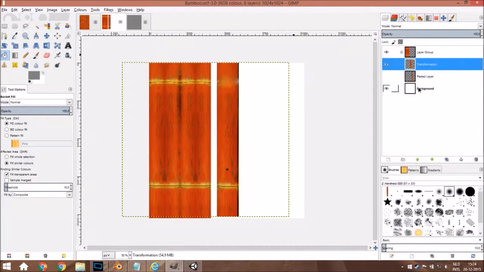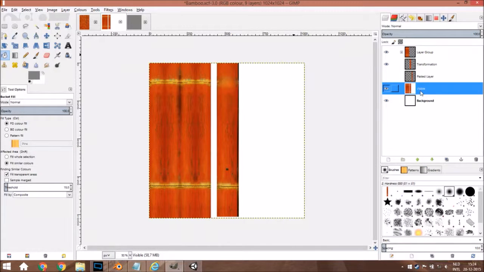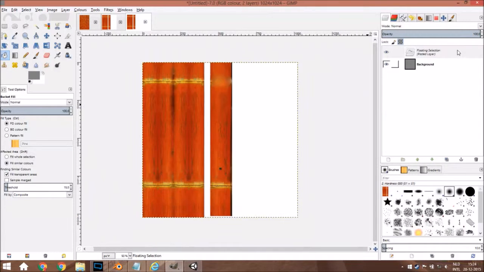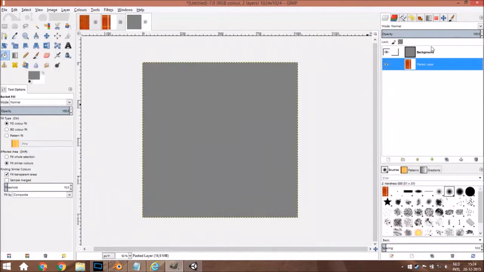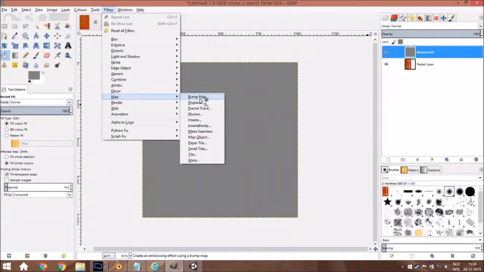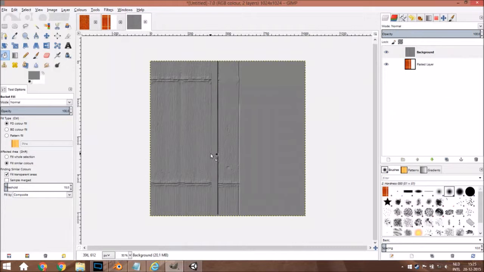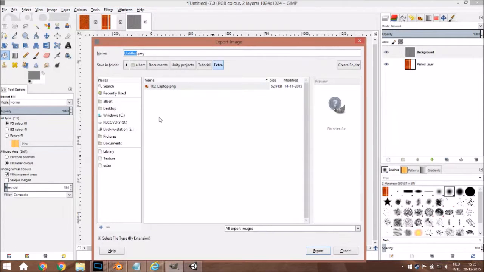And now make new layer from visible and you copy it, and after that you delete the layer, and now you paste it in this file, move down, filters, map, bump map, go to that layer and you increase the depth a little bit, and then you export it, and this will be